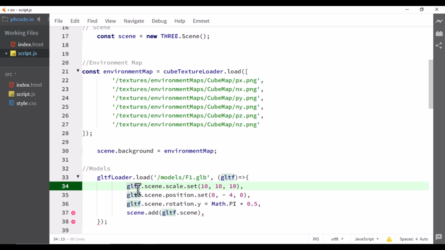So say gltf.scene, because it is inside the scene. Then gltf.scene.scale.set. So we are going to set the scale of the model. We give it 10, 10, 10. So 10 on the x-axis, 10 on the y-axis, then 10 on the z-axis. Then we also have